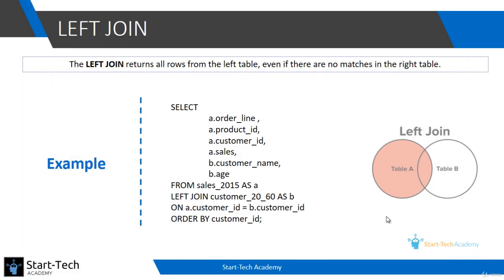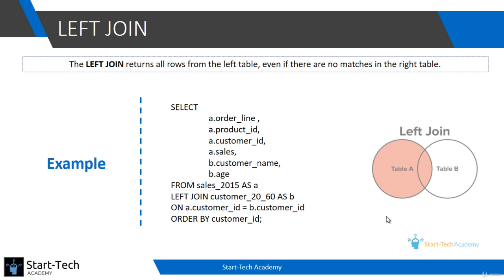So for example, we had the sales table. Suppose against the sales table, we want to plot the customer information. When we did the inner join, some of the sales table values were dropped because they were not present in the customer table. Now, if we want that none of the sales table values are dropped, all the values remain there, and against whichever there is customer value available, it should be plotted, and whichever there is no customer information available, it should remain as null. There we will use left join as such.